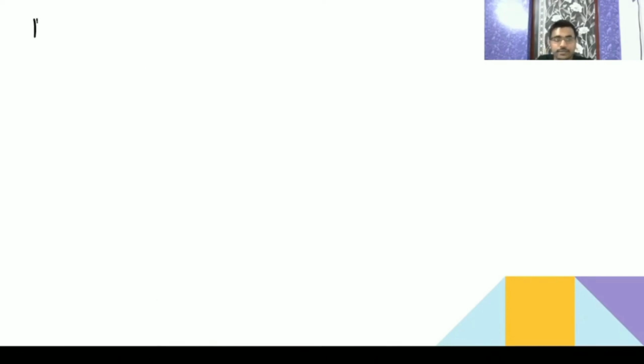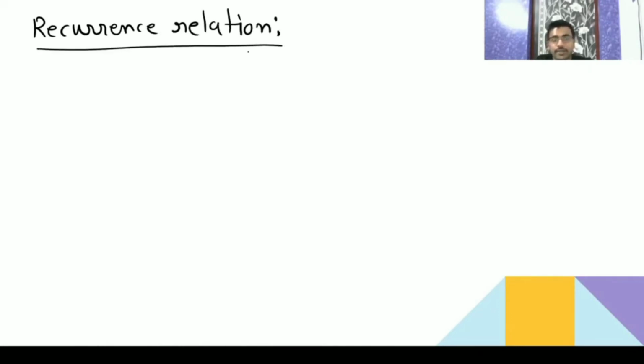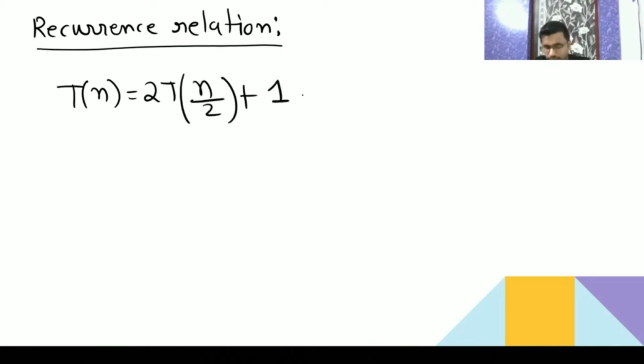So the recurrence relation is T(n) equal to 2T(n/2) plus a constant, that is 1, when n is greater than 2. Why n greater than 2?